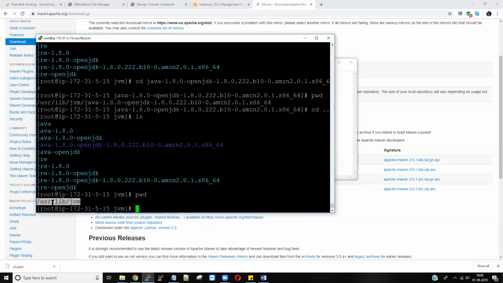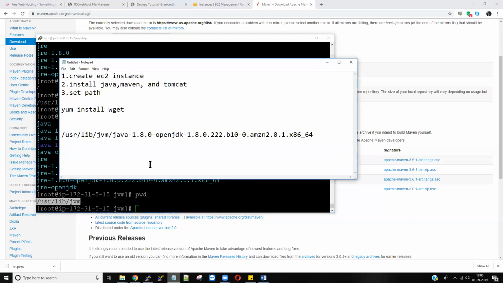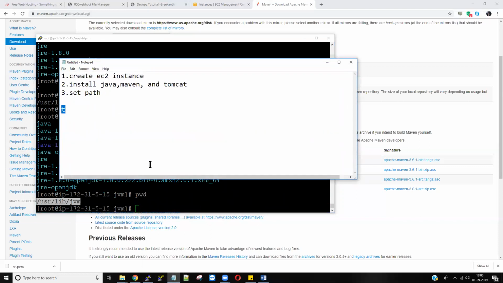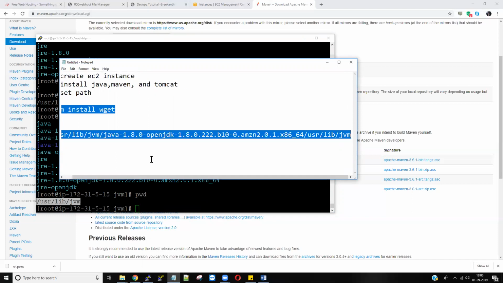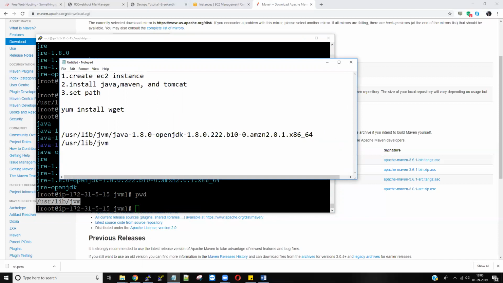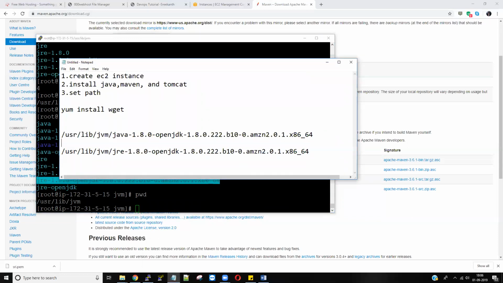And since we also need to configure the JRE path, that is why I'm copying this path. Okay. JDK and JRE path,